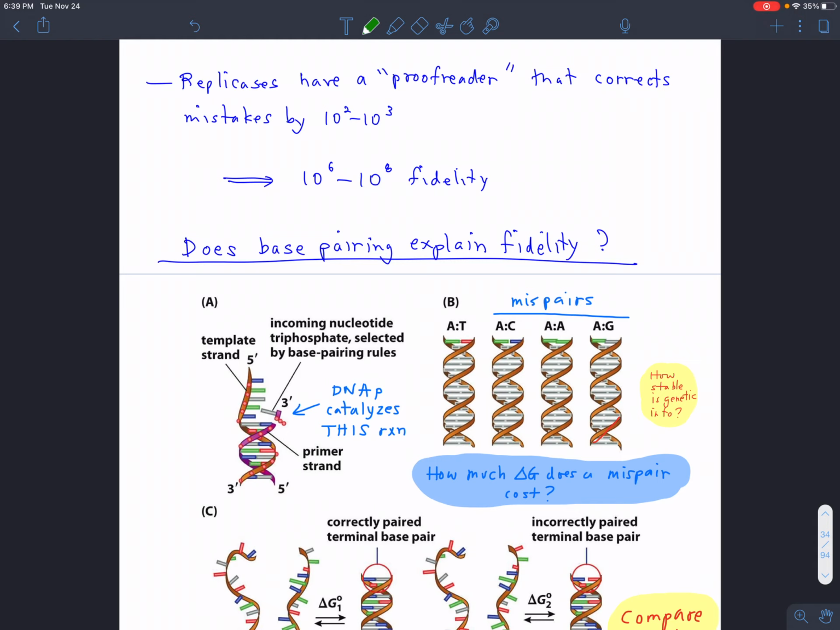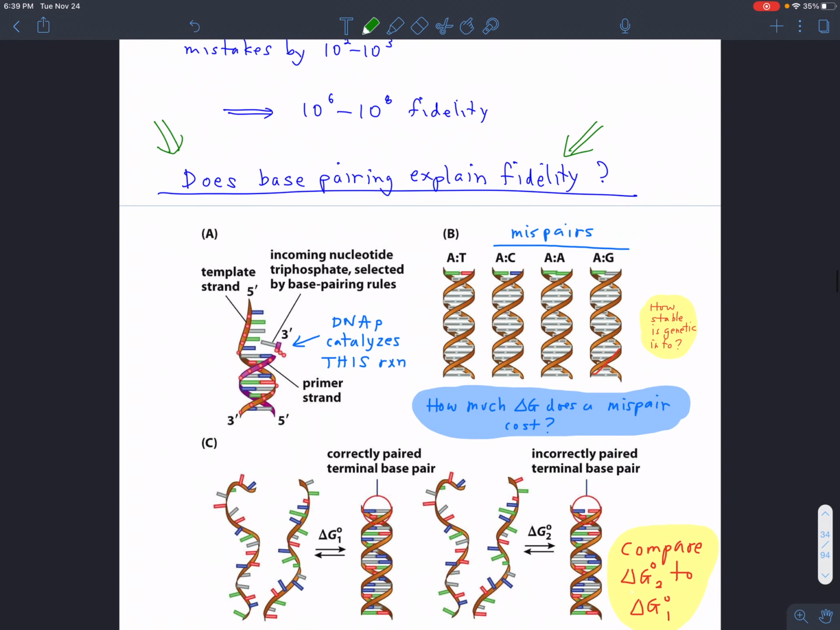So how does this work? How does the polymerase do these things? One possibility, the first thing you should think of is, well, it's just really thermodynamically costly to make a mispair in the DNA, to make a mutation in the DNA. So one way to say that is, here's the